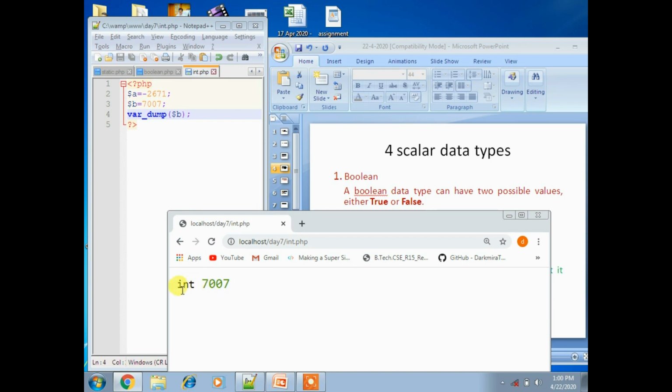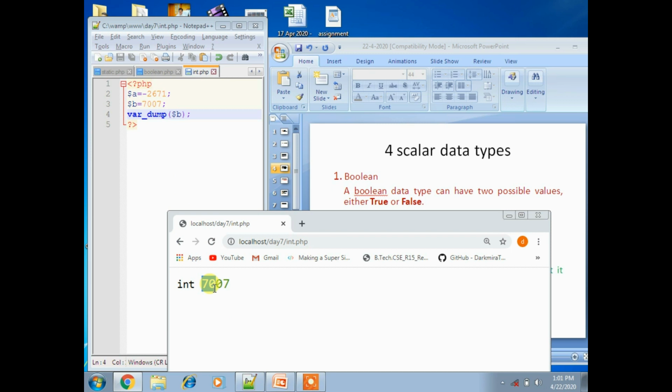Here, integer is shown because by using the var_dump function, it returns the data type and a value. In the following example, $b is a variable, and I assigned an integer value, that is 7007. So by using var_dump I displayed both the data type and the value.